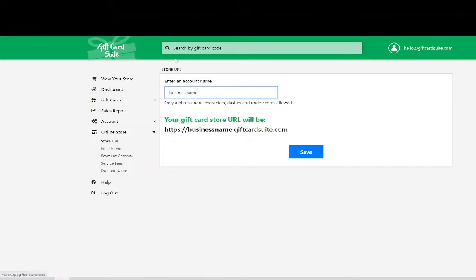On this page you will see enter account name. This account name is going to be your store URL. Why this is so important is because this is the link that customers are going to use in order to find your gift card shop, and most importantly, the link that customers are going to use to buy your gift cards. As you can see, we have a filler in here for the account name as business name,